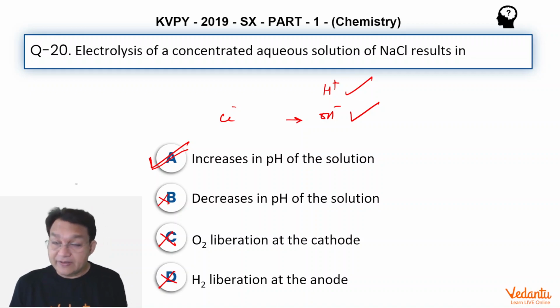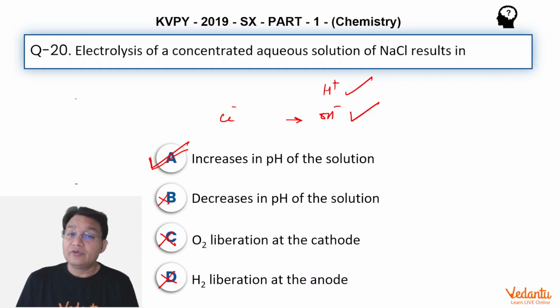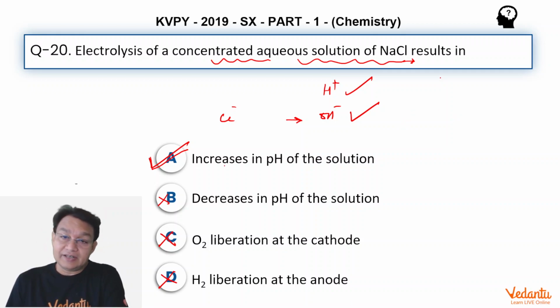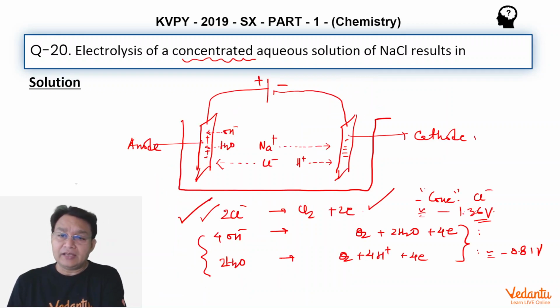Now I tell you a very interesting fact. You can also pick it from your knowledge of inorganic chemistry that electrolysis of this concentrated aqueous solution of NaCl, which is also called brine solution, is the way we produce NaOH. Do you remember? That is the industrial way of preparation of NaOH. So by all standards, this is the correct answer, and this is a factual question, but not so factual because it is present in your syllabus. So I hope that you understand this.